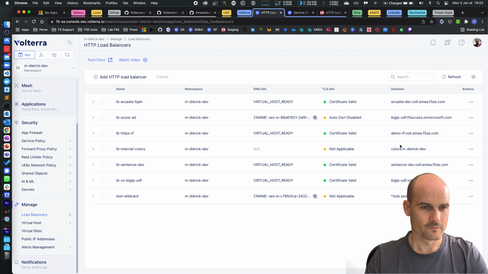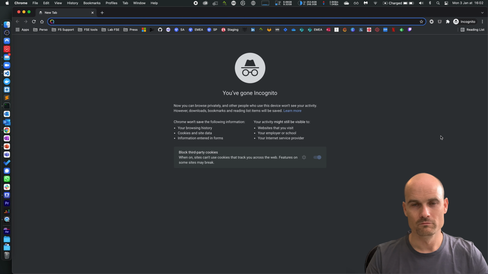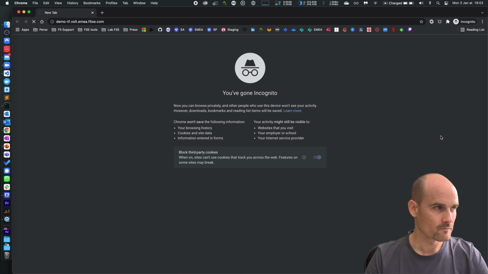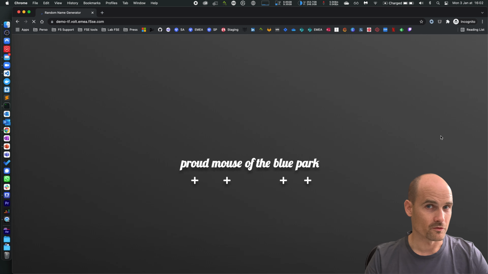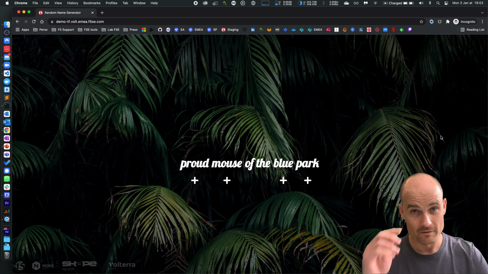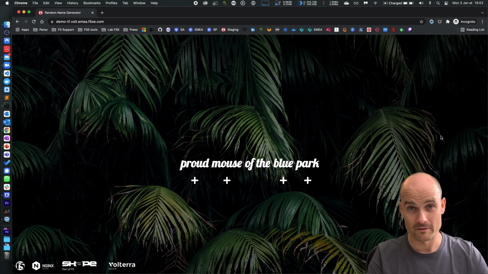It's green. So now I should be able to go to this app. It works. This is the application protected by Volterra.